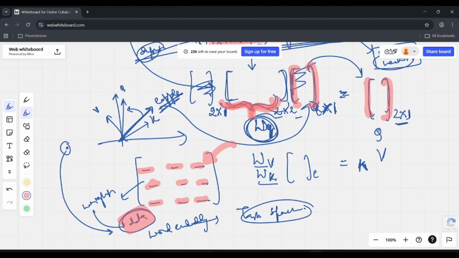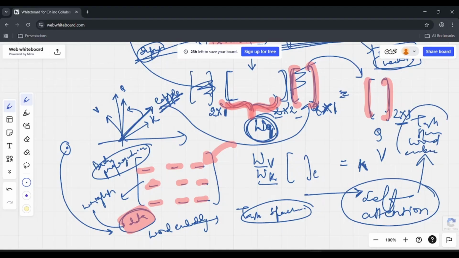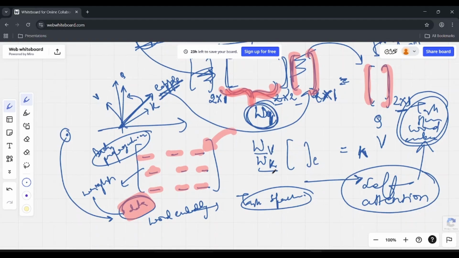And how does the learning happen? Just like in neural networks, through backpropagation. So now our embeddings are dependent on our data. It's learning from our data. So this is what self attention finally is. It takes in the word embedding and it gives you task specific word embedding. And these embeddings are so good that they are used in state of the art models.